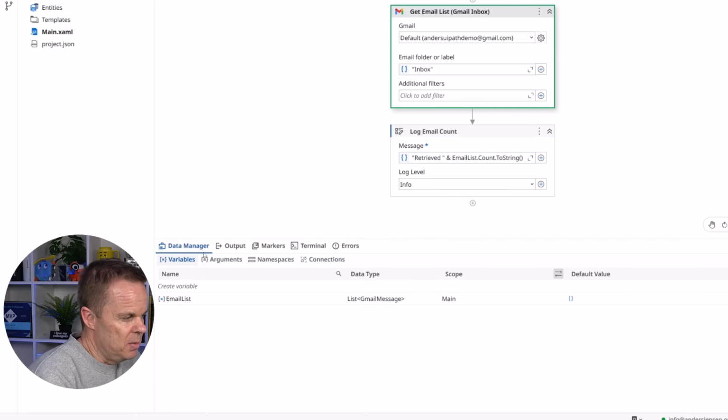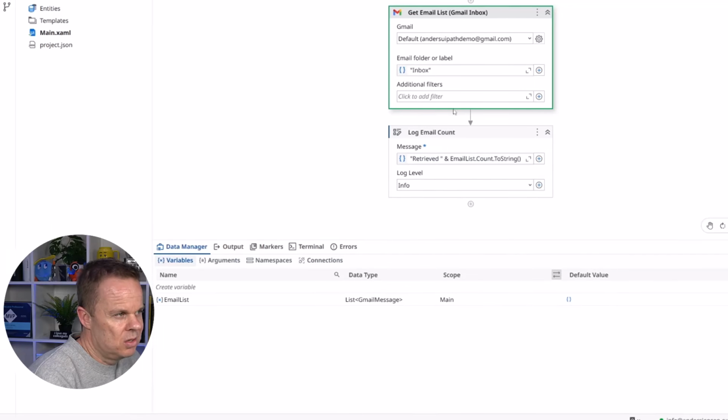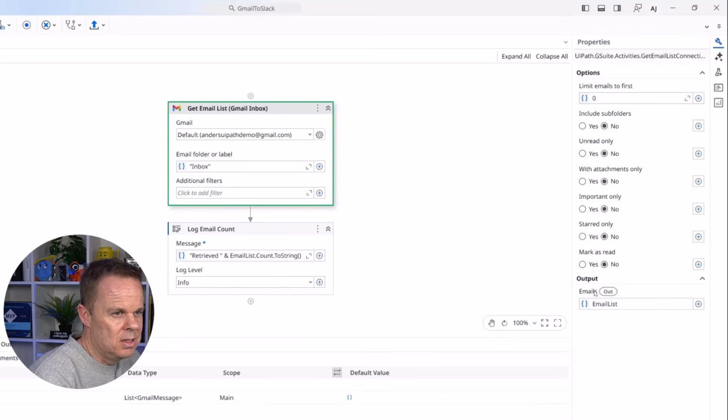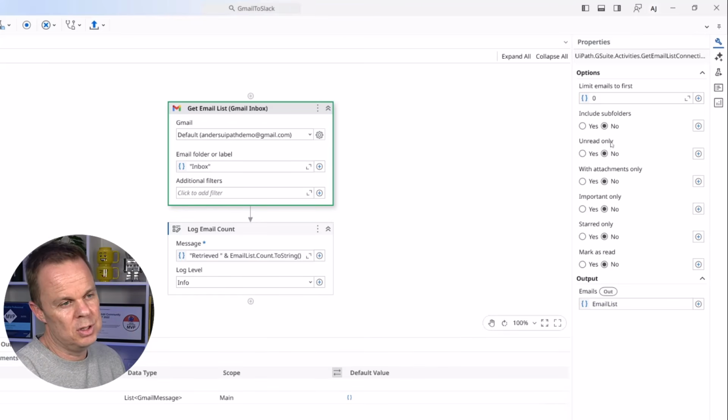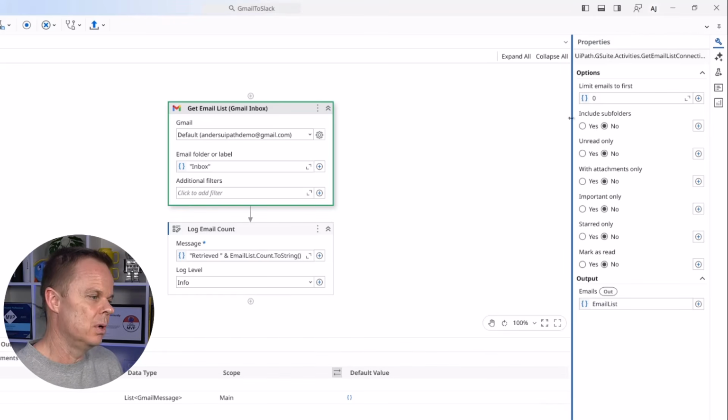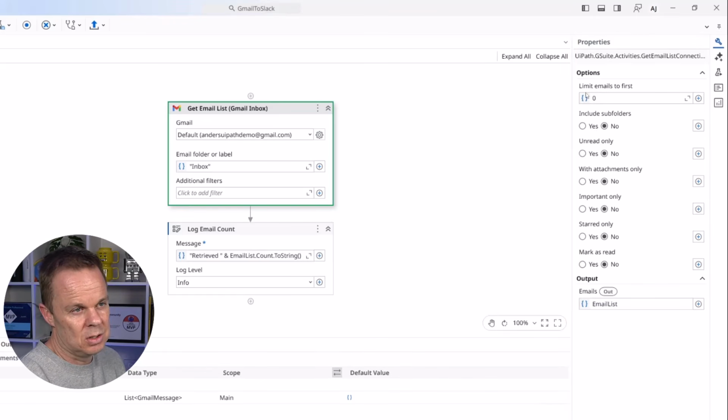If I go to the data manager first, we can see that it actually creates the email list here as a list of Gmail messages. That one got created up here, where we can see it took it from the output. We can also see that we have a few options here. For example, do I want to have only the unread, or do I want to look in subfolders, etc. You can also see that it limits the emails to the first 0, meaning it will get all the emails